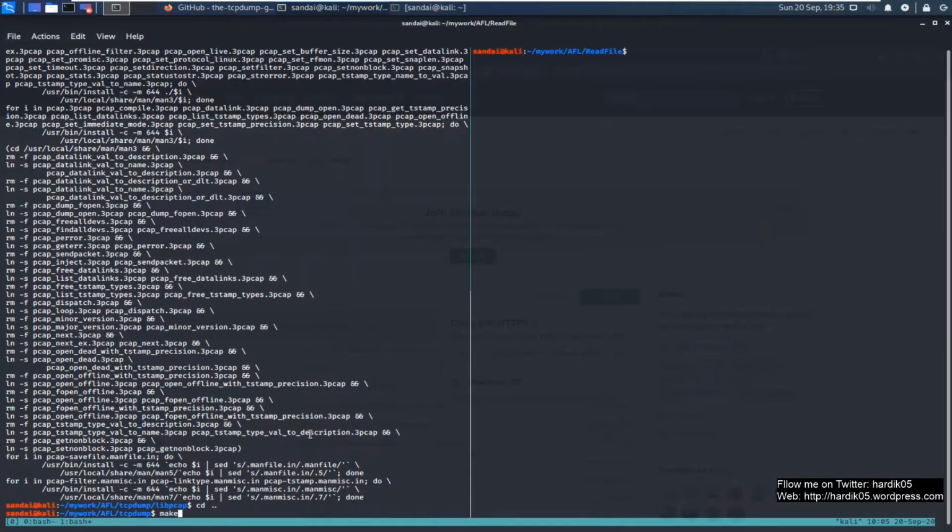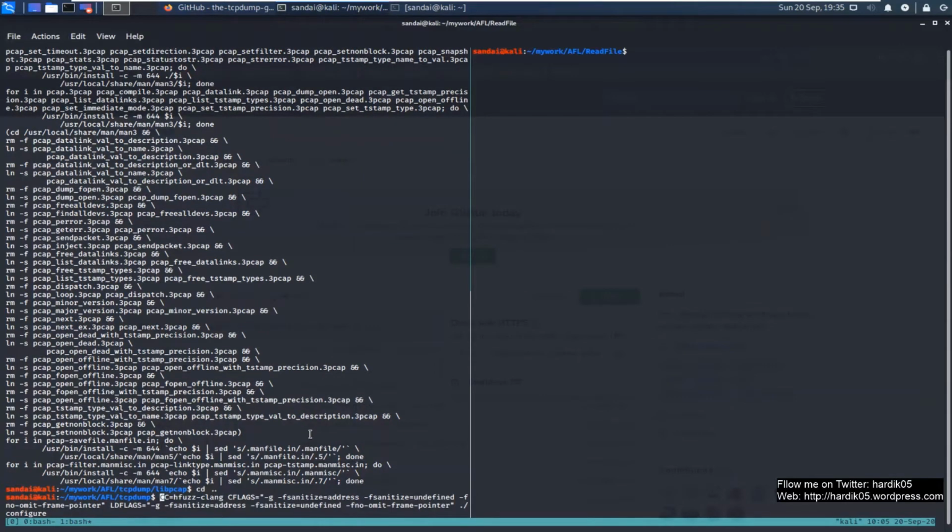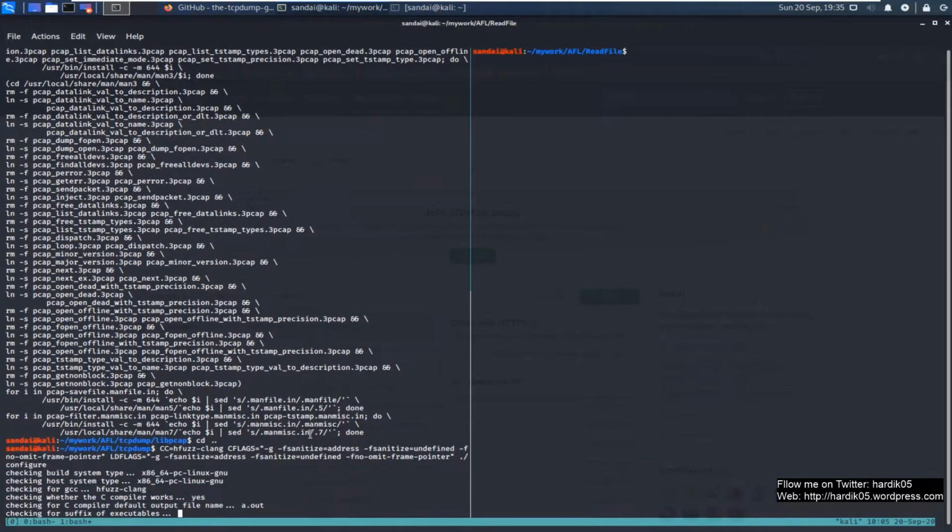We will use the same configure command because both the commands are the same. The command is CC equals hfuzz-clang, so this is the compiler which we are going to use, then CFLAGS which contains the fsanitize=address and fsanitize=undefined flags. Let's run the configure and see what happens.